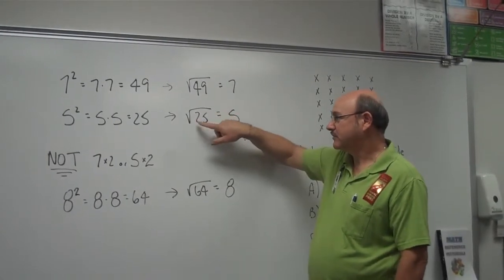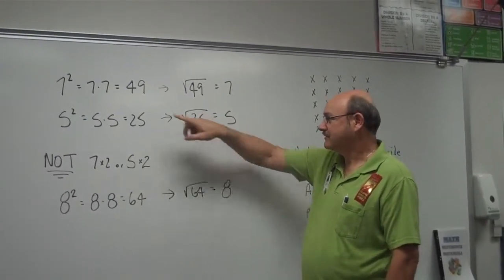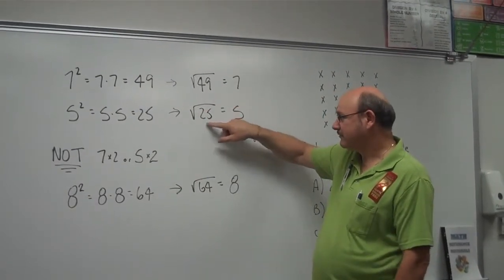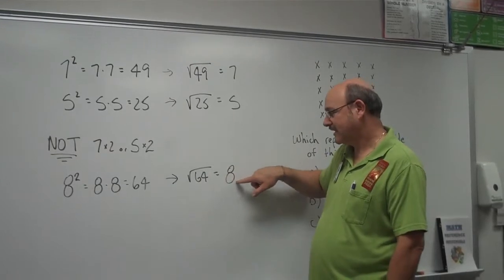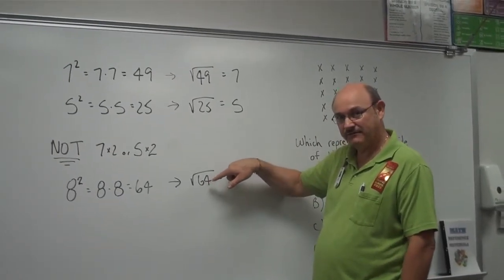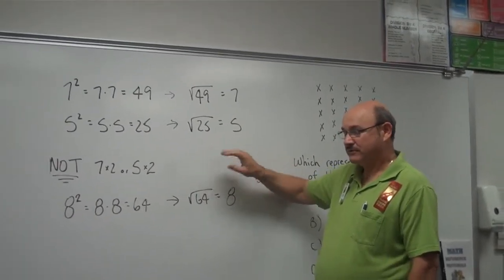You know, it's kind of saying, where does the root begin? The beginning, the root, and the square of it. 5 squared, square root of 25 is 5. Square root of 64 is 8, because 8 times 8 is 64. We kind of need to know this information, but a lot of the questions we're going to see this